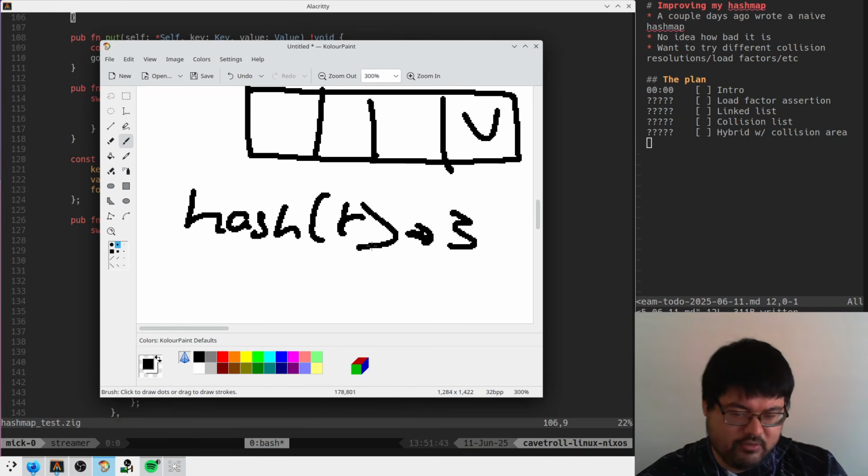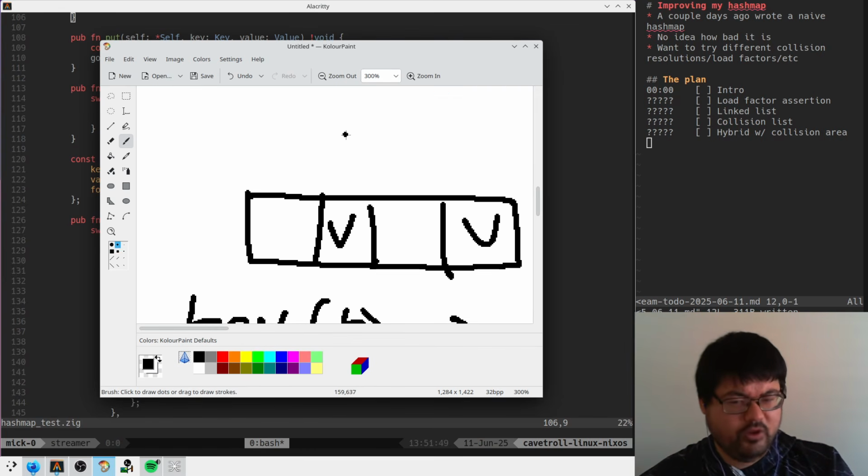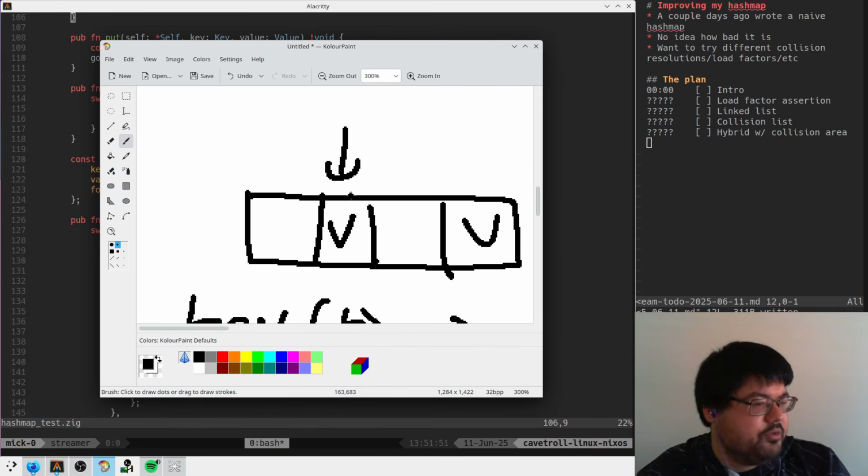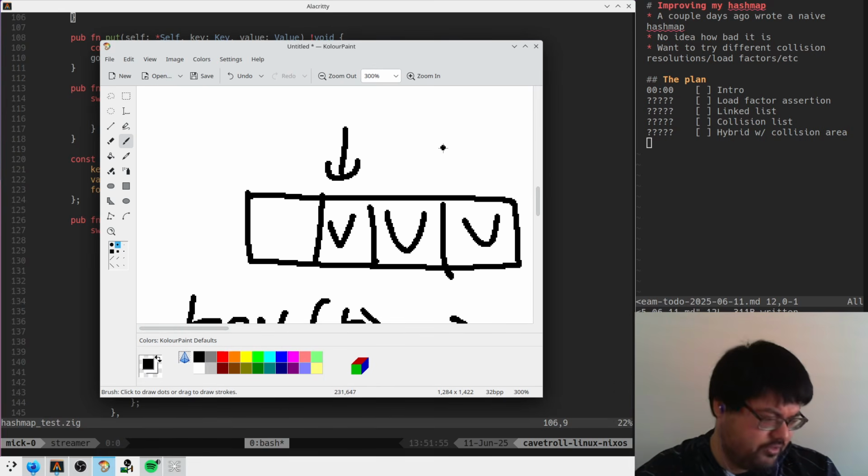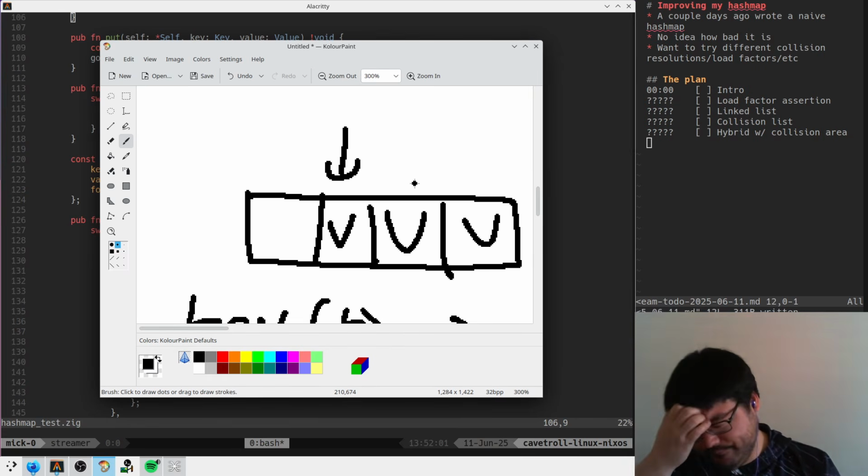Then we put another thing there, it pumps out 1, and we put that value here. And then if another number comes in and we get 1 again, we go, oh okay, we'll just move forward until we find an empty slot and we put it here. That's kind of like the initial thing that we did, which,